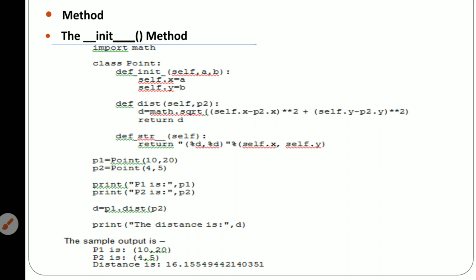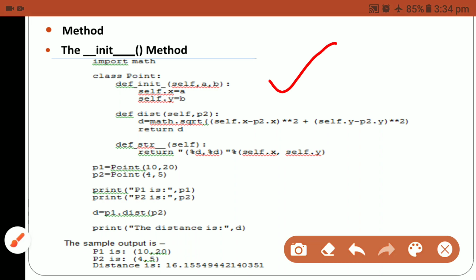First, import the math functions. After importing the math module, create a class called Point. The initialization method inside the class is invoked automatically when the object is created. In the class Point, the initialization method takes self, which references the object, and two arguments a and b.